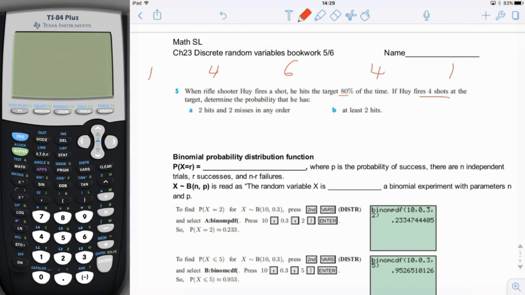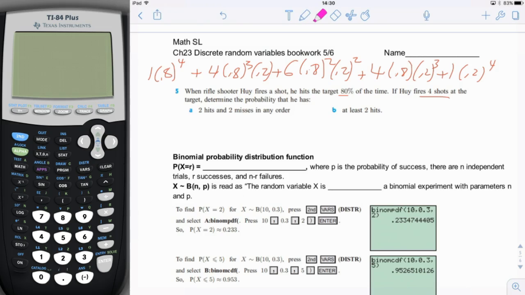So we'll have 0.8 to the 4th, 0.8 to the 3rd, 0.8 to the 2nd, 0.8 to the 1st, and 0.8 to the 0. And then in the reverse order, we would have 0.2 to the 4th, 0.2 to the 3rd, 0.2 to the 2nd, 0.2 to the 1st. Okay, so this is the binomial expansion. So these are all the